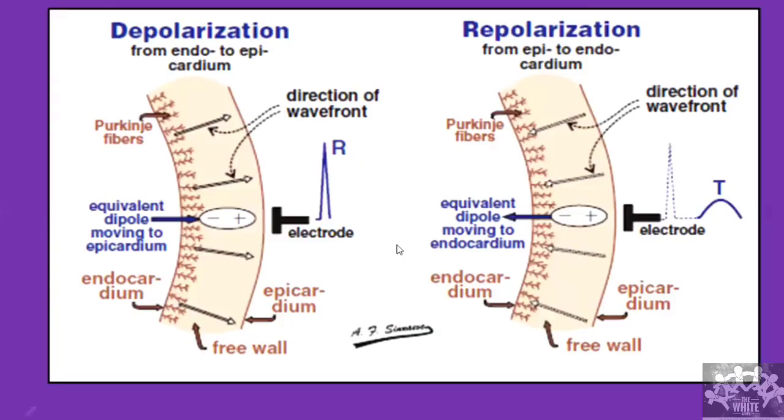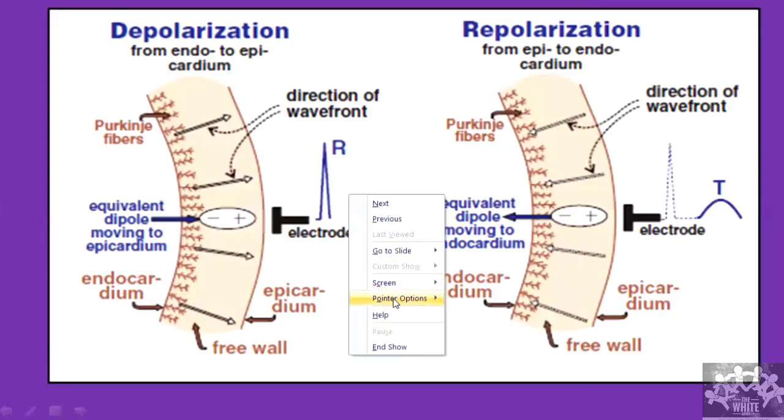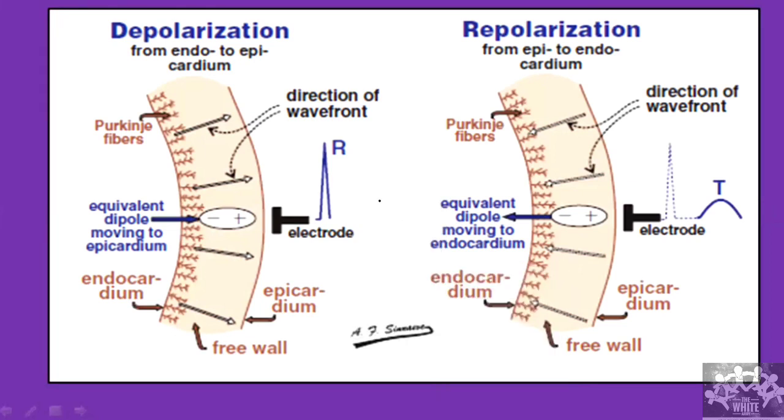In general, repolarization is a negative process. That is why whenever we draw an action potential also, it's something like this. Repolarization is a negative process. But then why is the T wave positive in lead II? The reason is here. We see the direction of the current. You see here, the depolarization happens from the endocardium to the epicardium. So that means from inside to outside, this is going to be the activation.